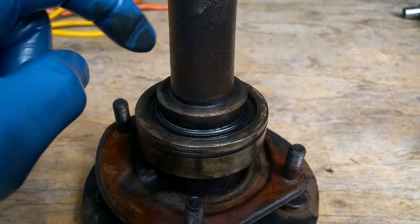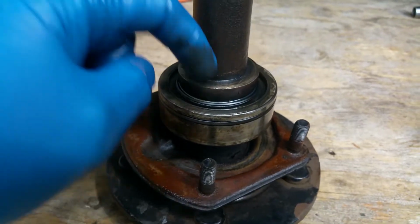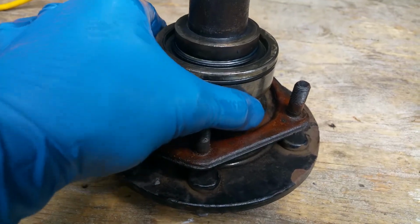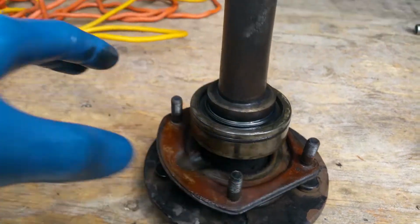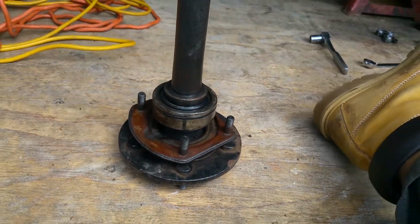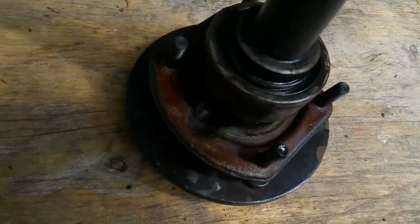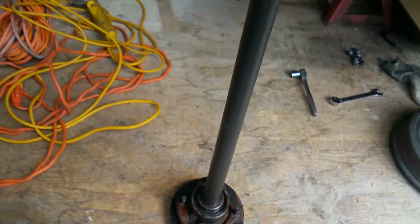So what I think I'm going to do is get a brass drift, tap down on this till it seats up tight against that bearing, and see what happens. And I'll leave it to the authorities on the forum to suggest to me, no, go and replace the bearing. For what it's worth,